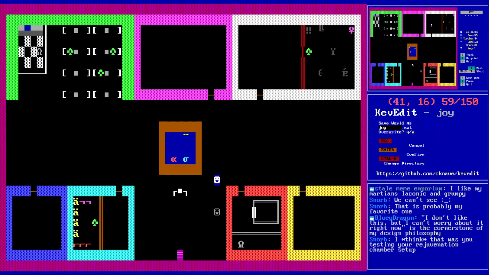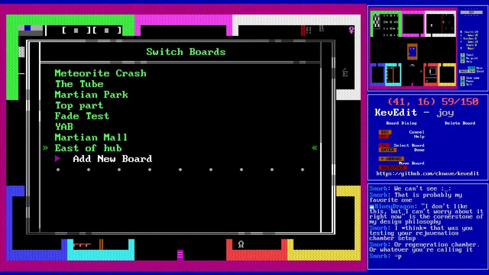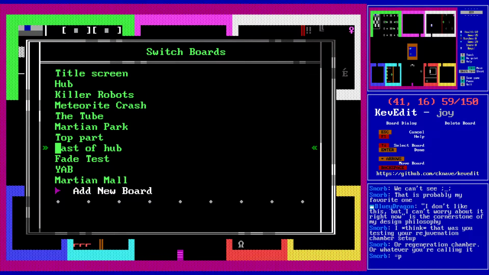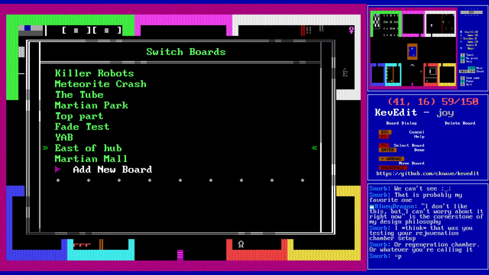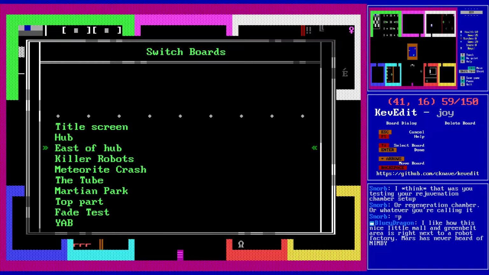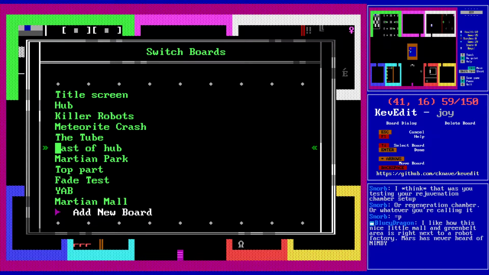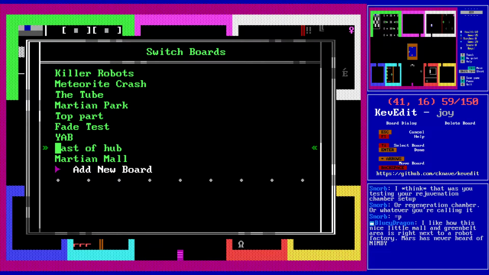So actually another thing worth quickly pointing out too is you can actually use left and right arrows and rearrange boards. Which, I mean, if we really want to, we can put it with the hub since it connects there, or however works best for you. It is smart about board and passage connections. Doing this won't break anything with that. I bet it will handle it all properly. So I'm just going to leave it as is, but